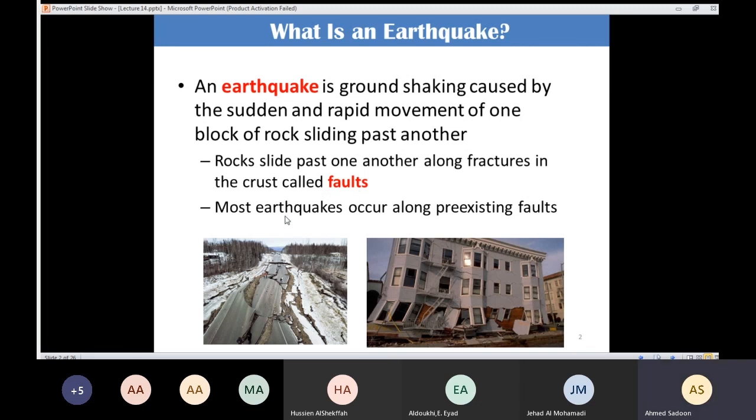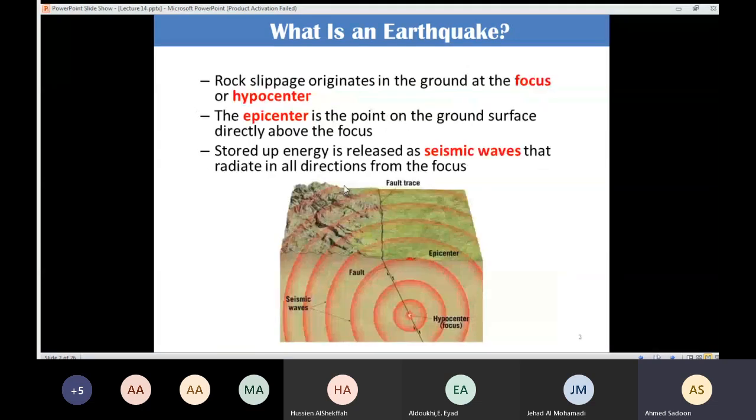Most earthquakes take place along pre-existing faults. So whenever I have a fault, that means I'm going to have a higher probability of earthquake. When rocks slide past one another along fractures in the crust, we call these faults. So a fault means that I have a fracture in the crust. As a result, I'm going to have